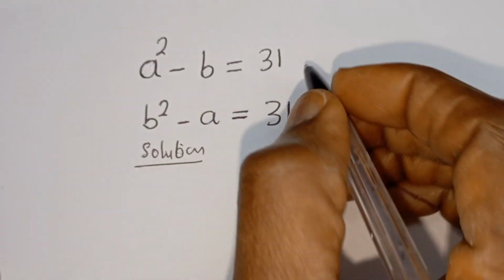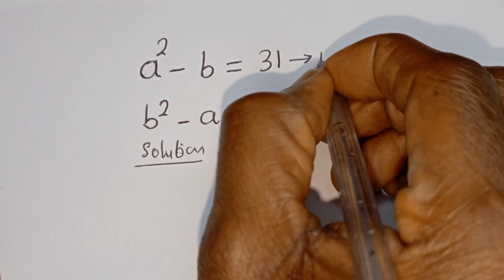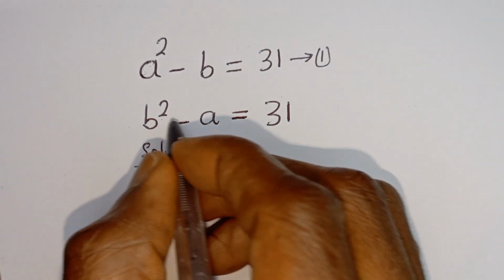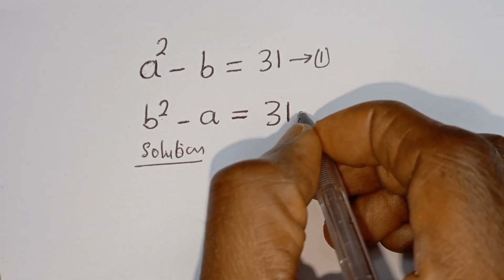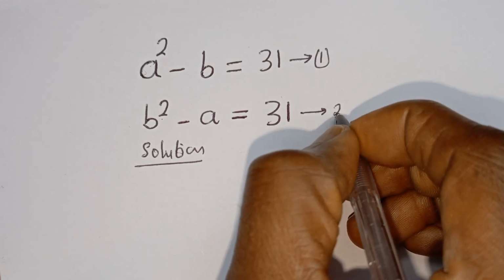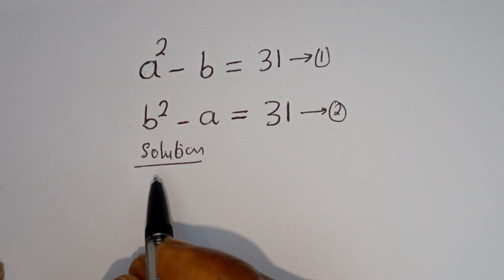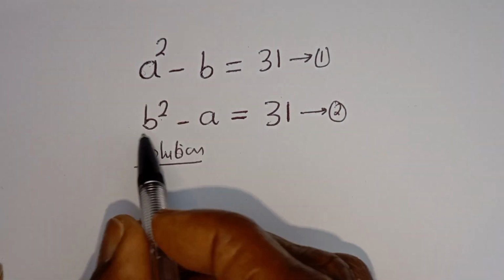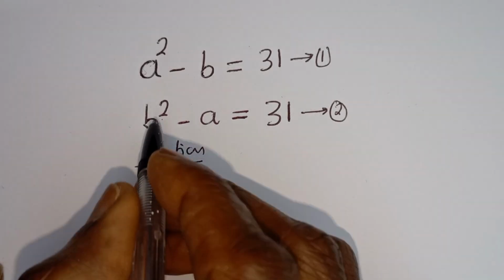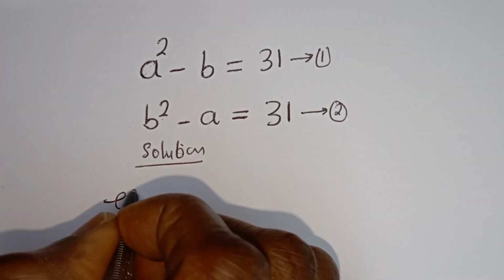A squared minus b is equal to 31. Let's call this equation 1. Then b squared minus a is equal to 31. Let's call this equation 2. We can now subtract equation 1 from this equation 2. Let us subtract equation 1